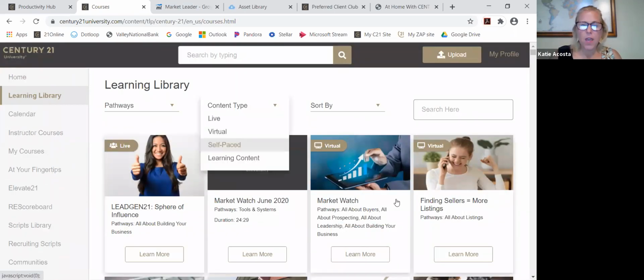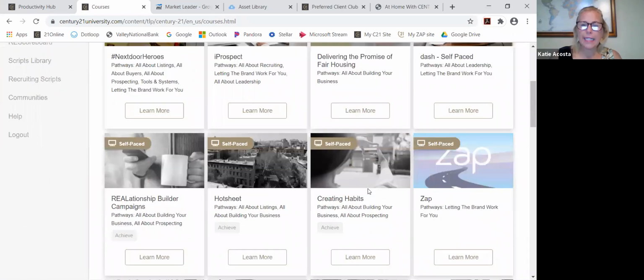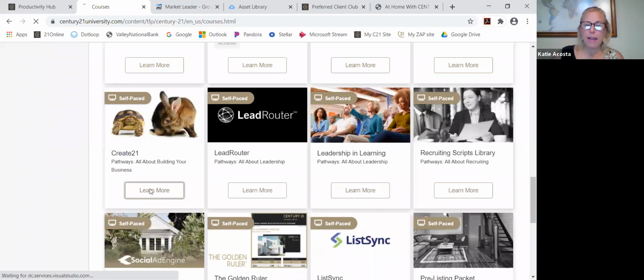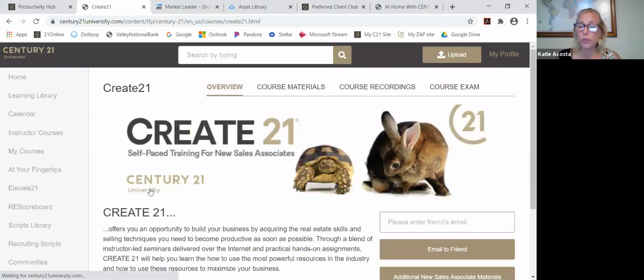There it is. Okay. So there is a class, and this is a self-paced class. So it's called Create 21. And it's my favorite class that Century 21 Corporate teaches, and it's specific to newly licensed agents. So if you're new to the business, or maybe even if you've been out of the business for a while and you're getting back into the business, this is a really great class for you. This particular one is self-paced, which means that it's pre-recorded. So if you have trouble sleeping like I do at 2 or 3 o'clock in the morning, you can get right on here and watch a couple hours worth of classes